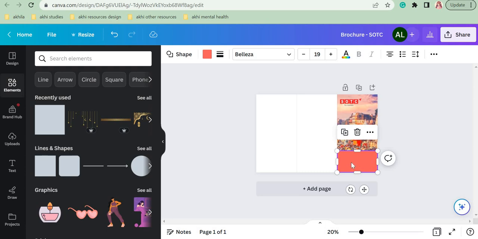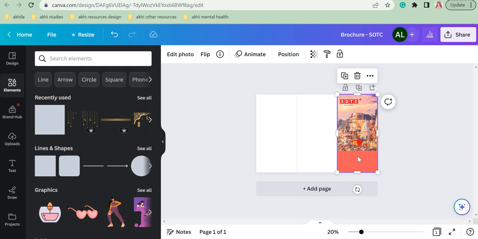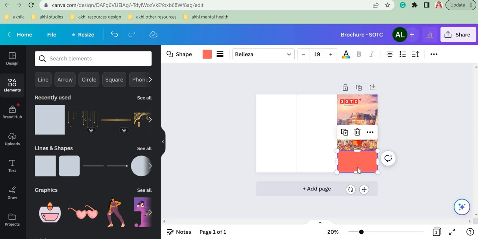Can you see the photo, any part of the photo here? Photo you can only see here. But can you see any photo here? No, you can only see the rectangle, right? But if you use this transparency feature, you can also see the photo behind this rectangle. Little bit you can see the photo also behind this rectangle. So that is very cool, na? So you can do that also in Canva.